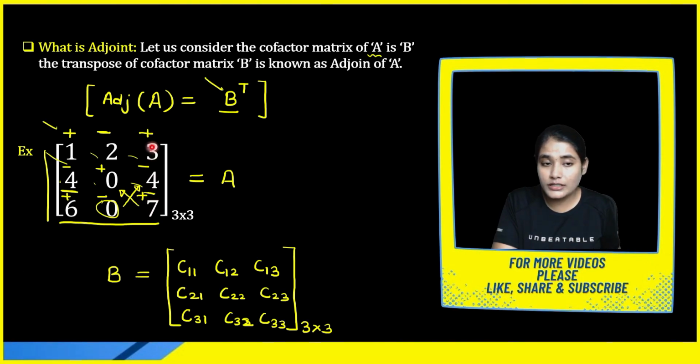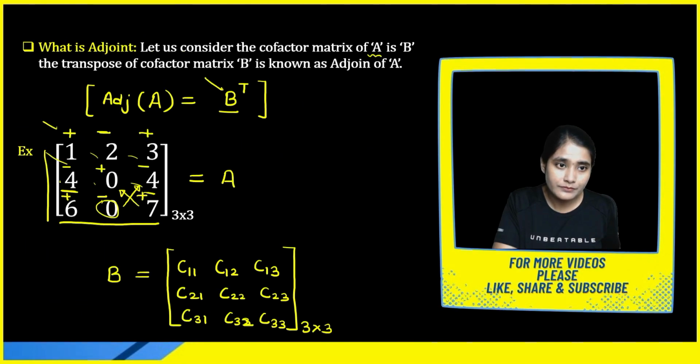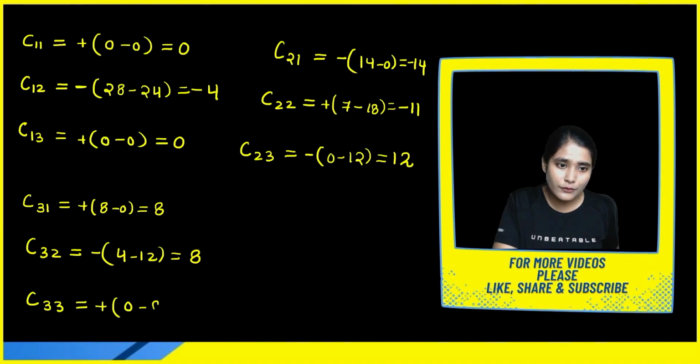Okay, this column is connected with 7 and this row is connected with the 7. Let's cancel it out. So what will you get? 1 2 4 0. Take the cross multiplication: 0 into 10 minus 4 into 2 2, and it's a positive position also. So I am taking the positive sign. 0 into 10 minus 4 2s are 8. So you will get minus 8.